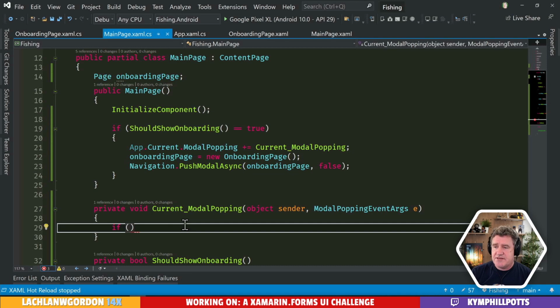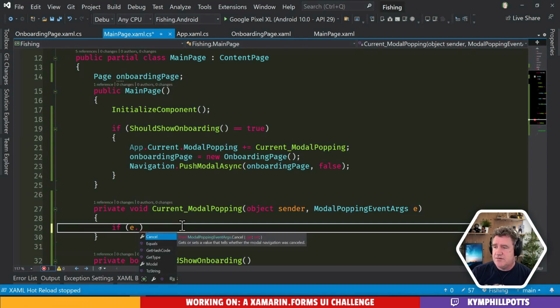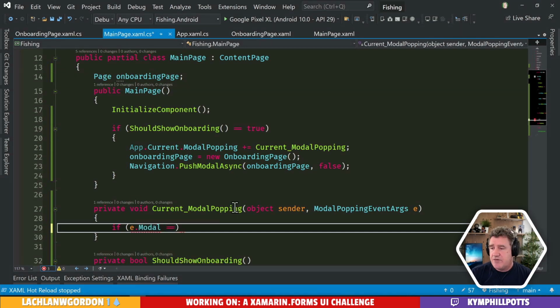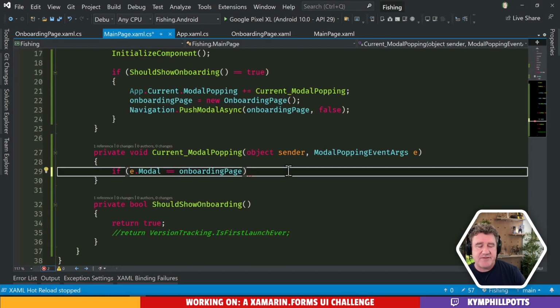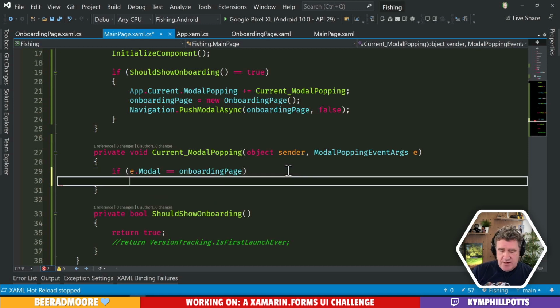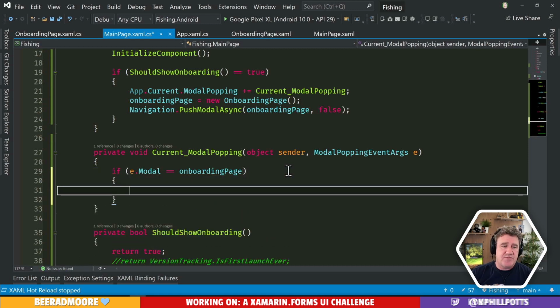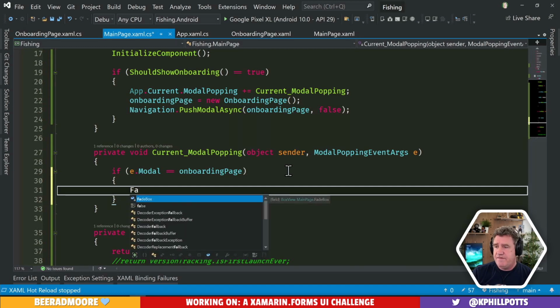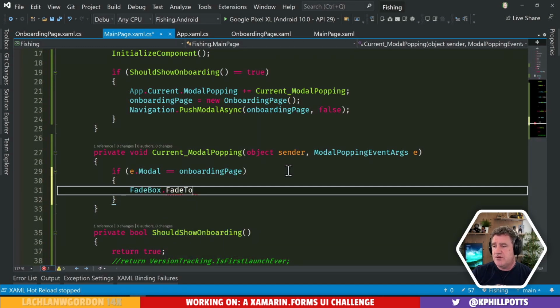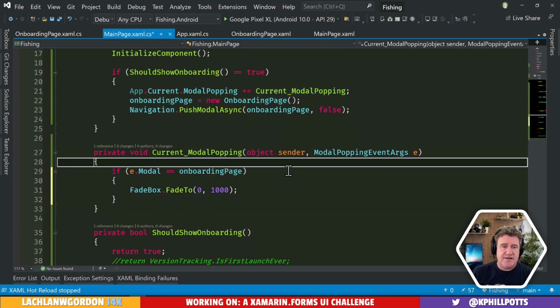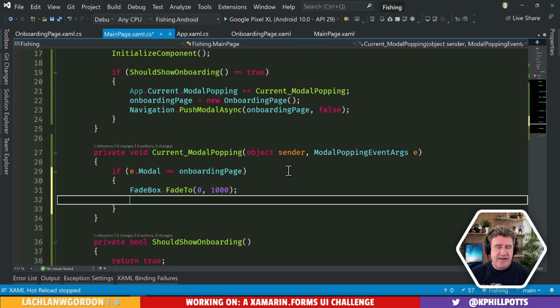All right. And we're going to say if e dot the modal, which is a page, equals our onboarding page. So I'm only going to do this with the onboarding page because maybe you have other pop-ups. I don't know, whatever. Then what we're going to do is we're going to say fadebox dot fade to 0 over 1 second. Okay, and we're going to do that, and then at that point there we can probably